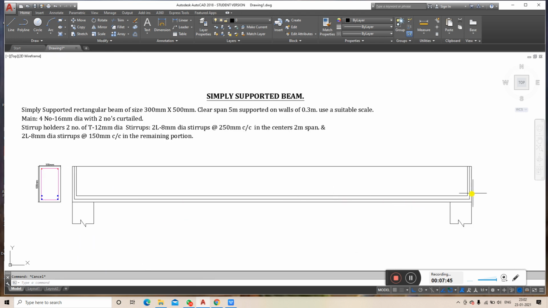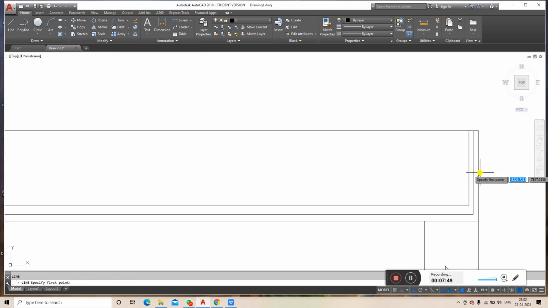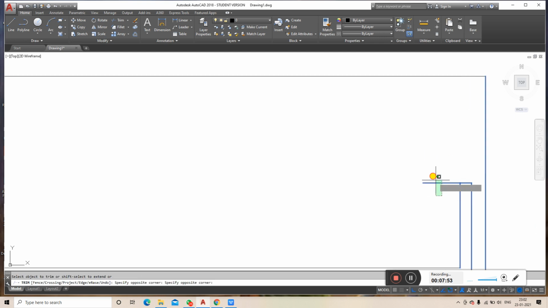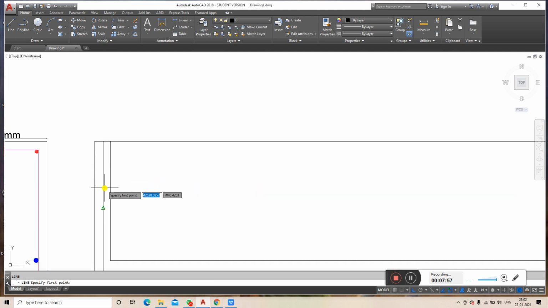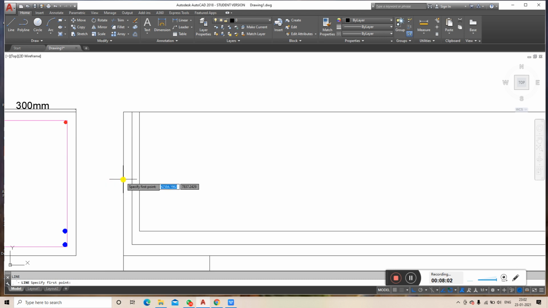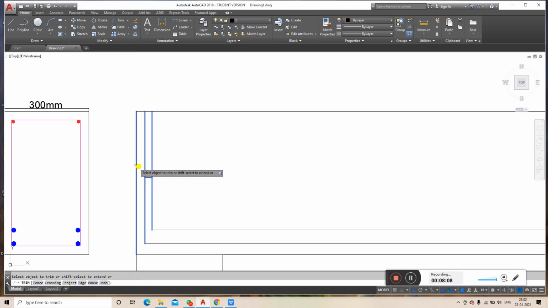Better to cut these bars at the center. Only the line and rectangle commands are needed.